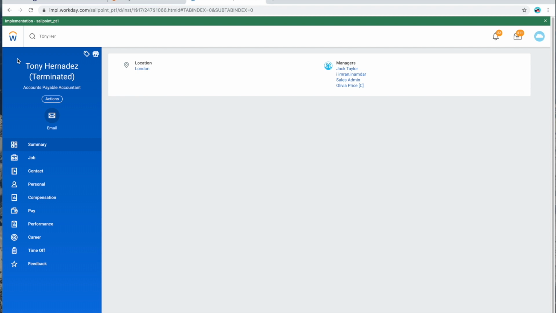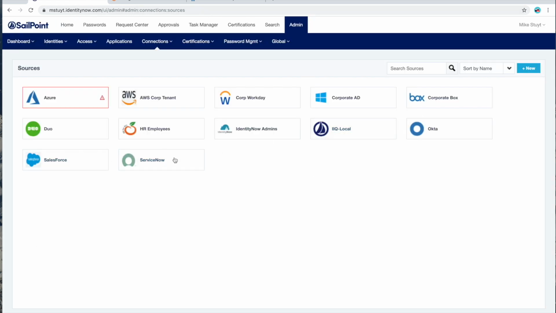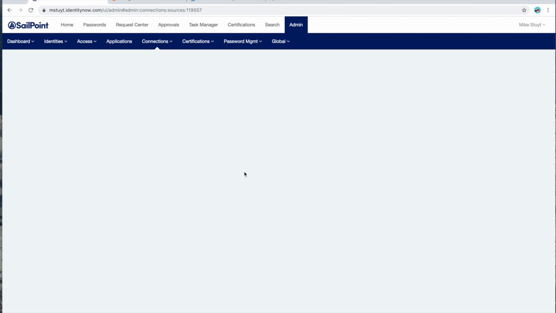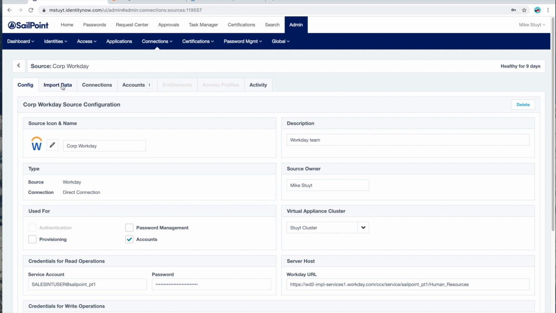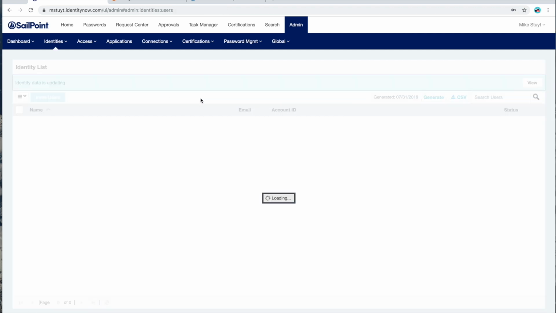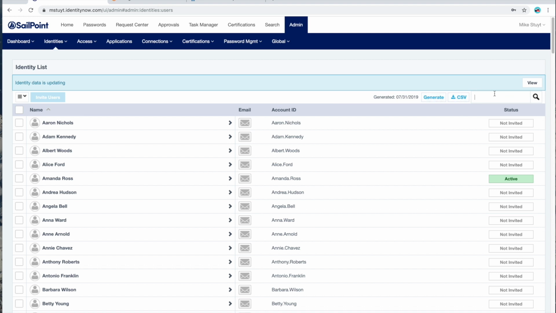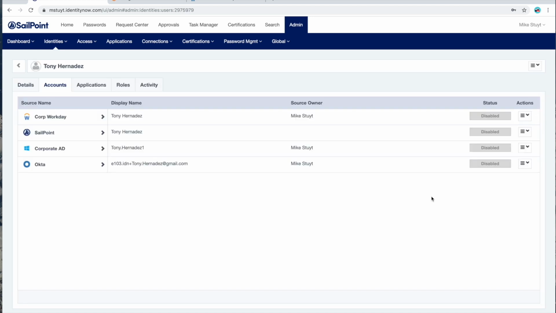Now, what if Tony leaves the organization? In this case, you can see that his Workday record has been terminated. We need now to go ahead and take away the access that he has overall in the environment, because again, out-of-the-box integration with Workday allows us to discover these important changes about employees or contractors or other members that are important from an enterprise system access. We're going to connect back into the Workday environment, pull back that Tony's change with the organization is now reflected within his identity record, and we could see that all of the